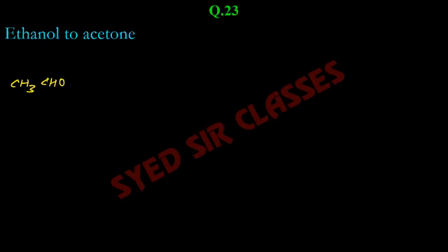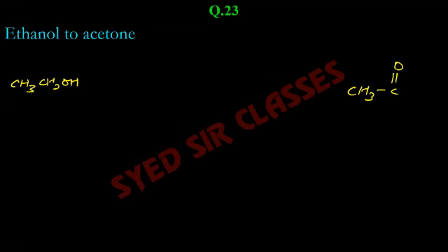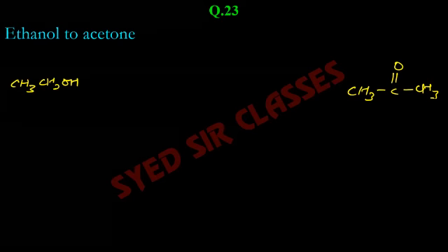Okay, no, sorry, ethanol, CH3CH2OH. From ethanol you have to obtain CH3COCH3. Acetone you have to obtain. Now in this case you can introduce one methyl group if you want by using the Grignard reagent, but that replaces the carbonyl group as well. Okay, so there are two ways to do it, and the way I am telling you is the efficient one which you need to use.